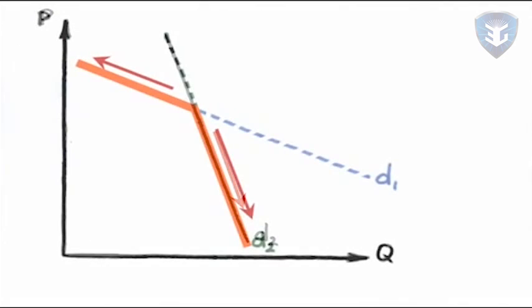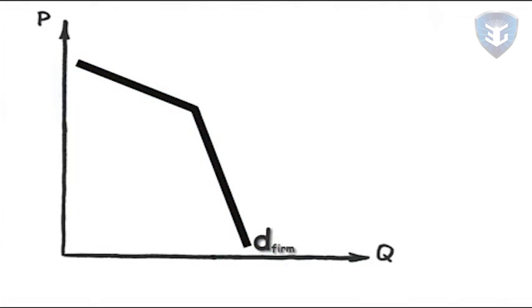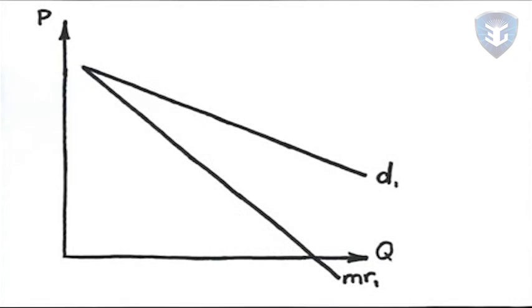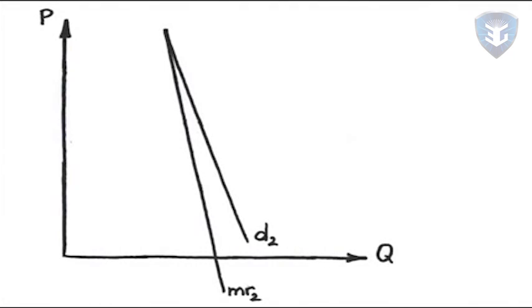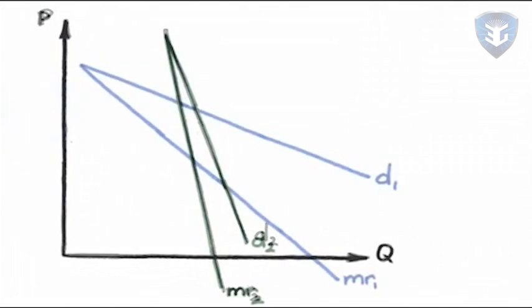So if the firm raises price, no rivals follow, it loses a lot of customers, the demand is elastic. But if it lowers its price, everyone follows, and not much is gained by that firm in terms of sales, or you have inelastic demand. This will also result in a very unusual marginal revenue curve. Think about the marginal revenue that would be associated with the more elastic price increase scenario. Then consider the marginal revenue that would be associated with the more inelastic price decrease demand. The marginal revenue associated with the kinked demand curve would look like this.